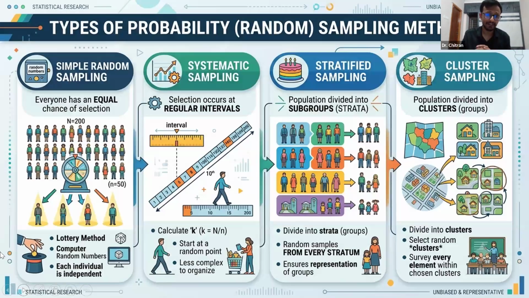Yes, simple random sampling is like, there are 100 people, out of which you are taking 50. Those 50 can be anyone among those 100 who are selected, people whom you don't know. It's like a lottery method, so it's out of luck. I will come to a very significant point connected to this after this. So this is simple random sampling.